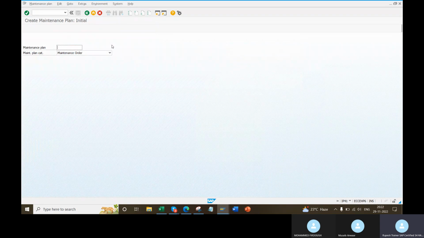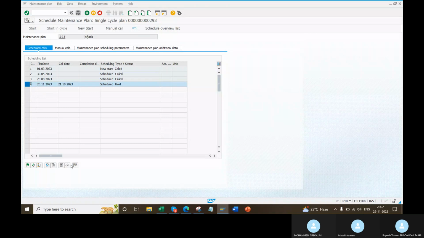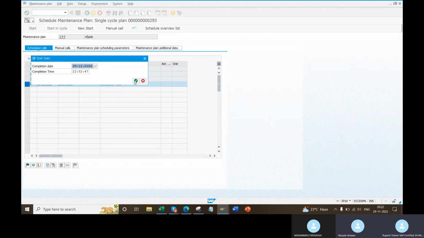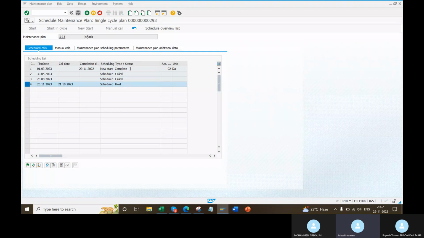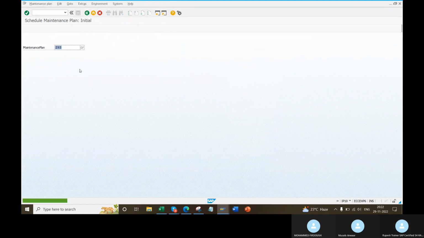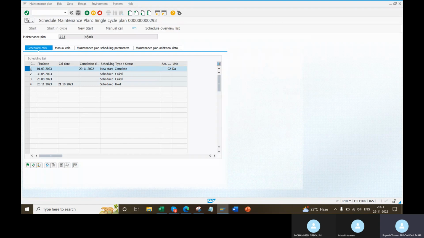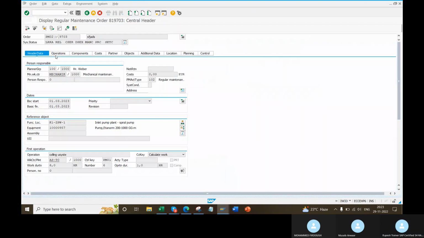But here there is a button. This is the button, complete. See the status, complete. Okay, save it. Now go to the order and see whether the order is completed. No, the order is not completed.